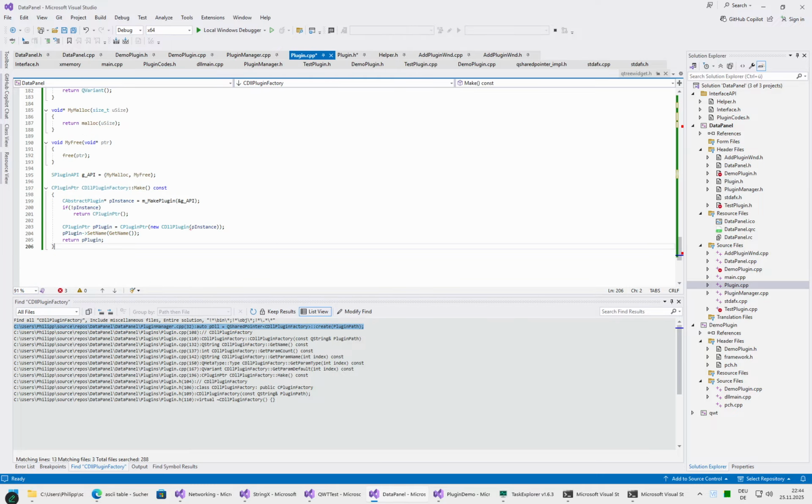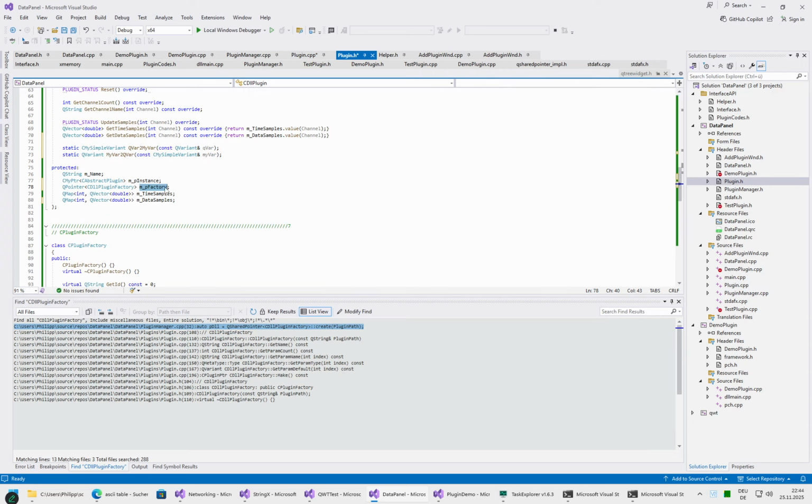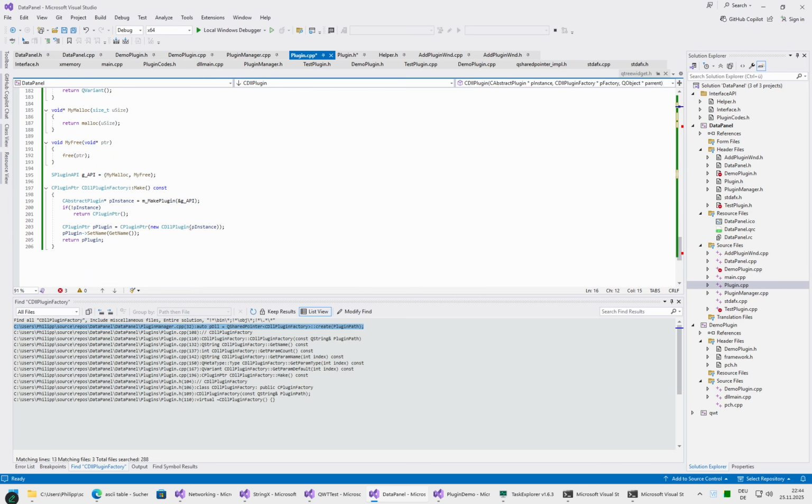So we have here a QPointer, then here of course we need to change the definition, and then this can be directly assigned. So this behaves like a raw pointer for the most part, this QPointer, but if for whatever reason the factory instance would get out of scope, our QPointer would become null, and then we can, before we use it, just test whether it is null or not, and this resolves the issue. So here,